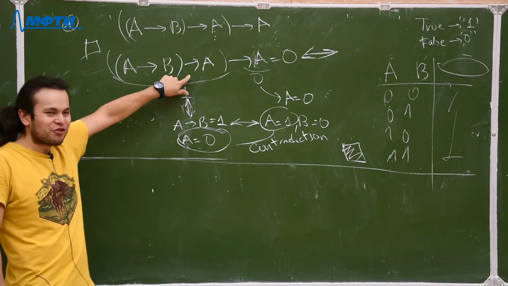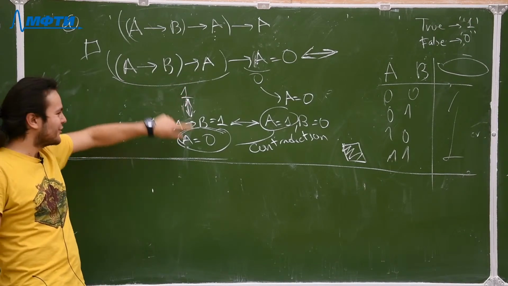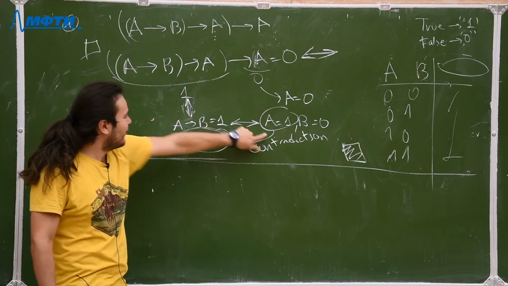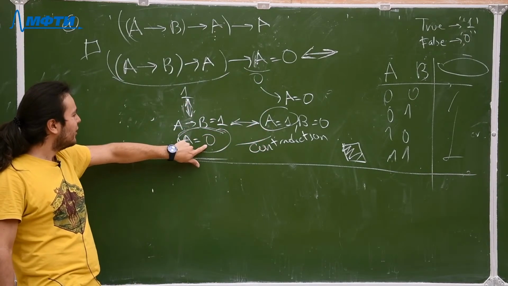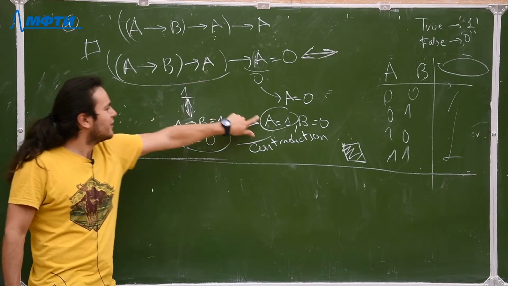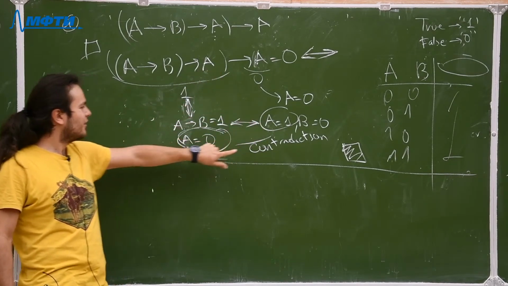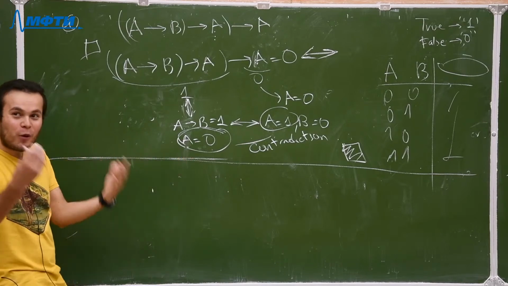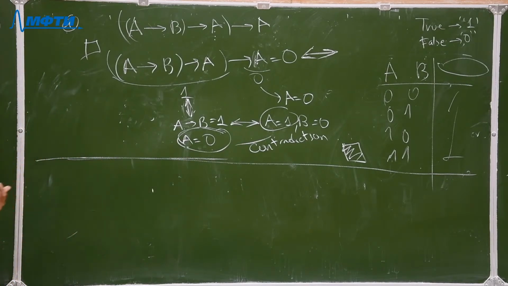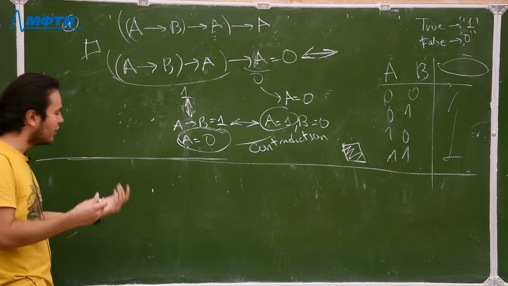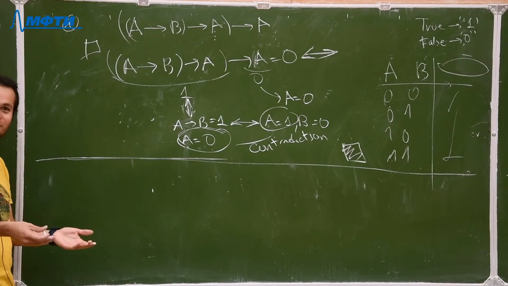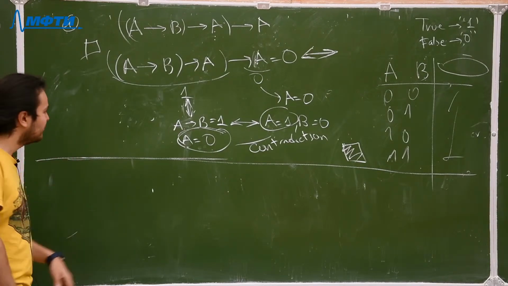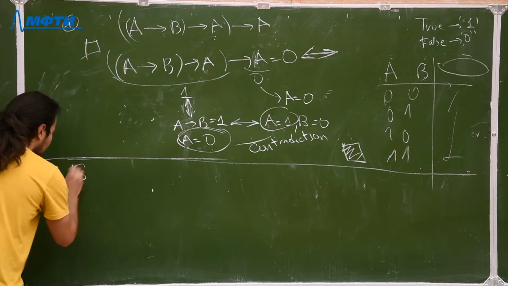Yeah, that is the contradiction. Yes. So look. So this is 0, but this has to be 1. Okay? So there are many ways to find the contradiction. There's not a unique way to find it. You will find it, that's for sure. The important thing is to find it. Okay, B.